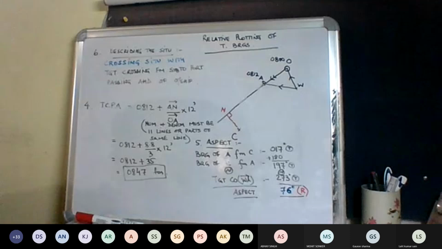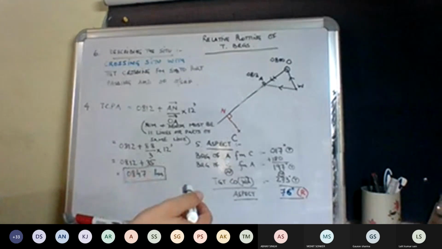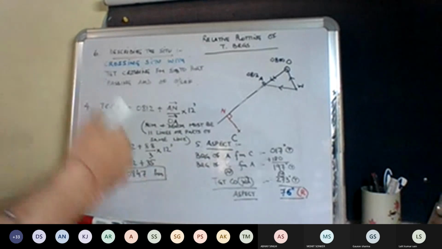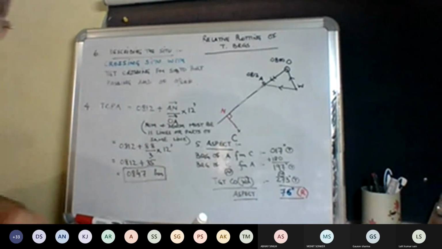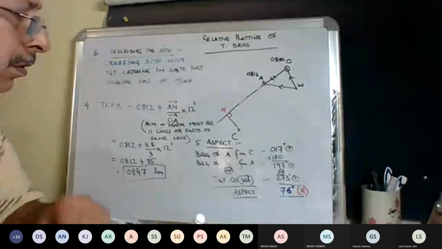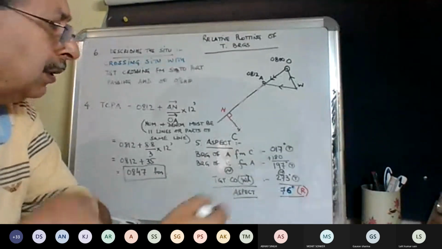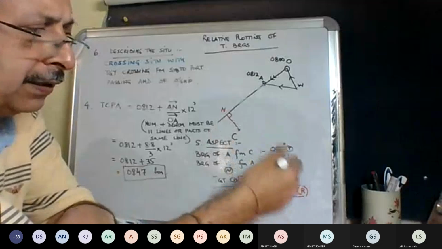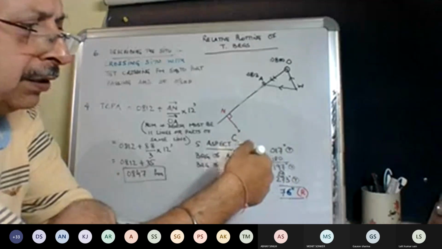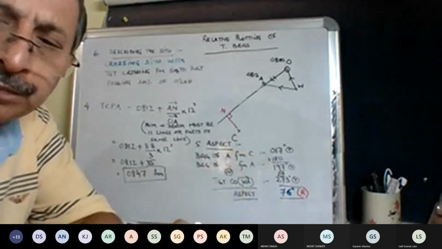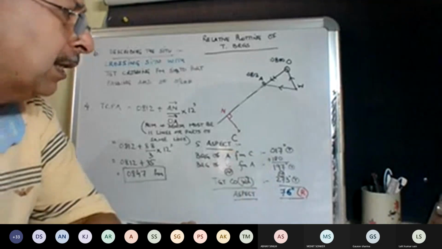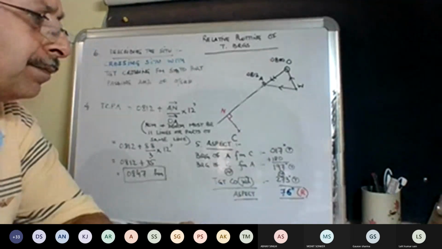So all these 6 items together constitute what is called as reporting the target. So generally एग्जाम में 6 के 6 नहीं पूछे जाते. You can be asked 2 or 3 things out of this. 2 या 3 चीजें पूछ लेते हैं. Aspect is a very common phenomena. You have to show the full working of the aspect to get the marks of it. ये पूरी वर्किंग ऐसे दिखानी पड़ेगी. स्ट्रेट अवे आंसर नहीं लिखना.